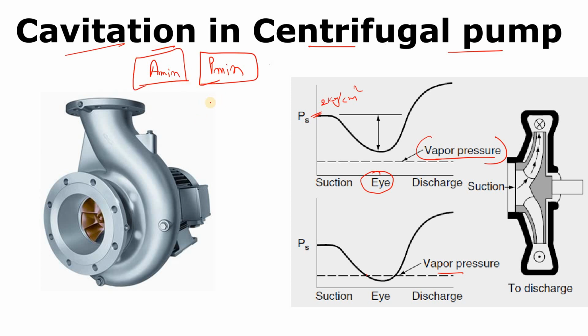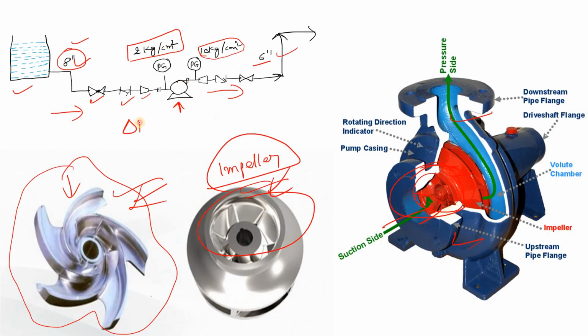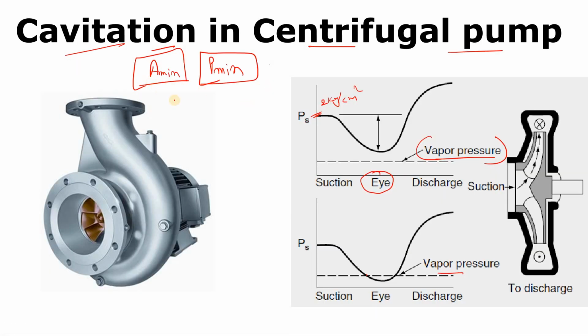Okay, so if a vacuum is created, what will happen? A delta P will be created. Because of this delta P your fluid will flow from here to here. Got my point? And we also know that as area reduces your pressure will also reduce. Okay, so that's why your graph is like that, meaning from the suction side the pressure was 2 kg per centimeter square, and because at the eye the area decreases, the area is minimum, you can say.